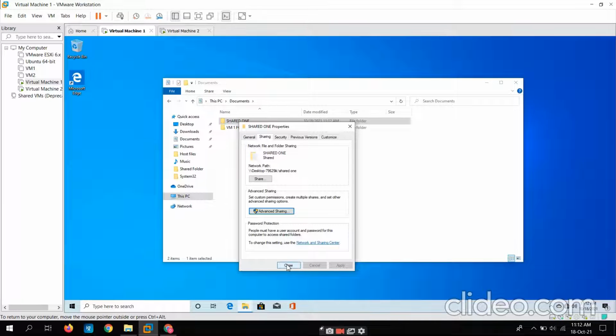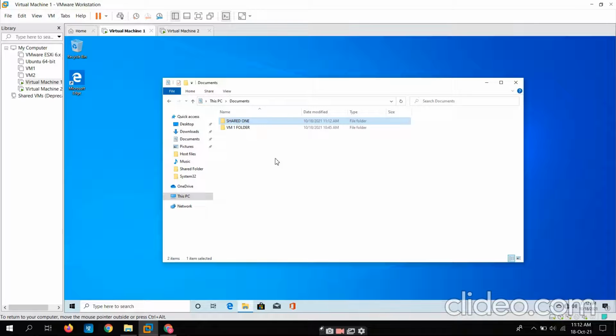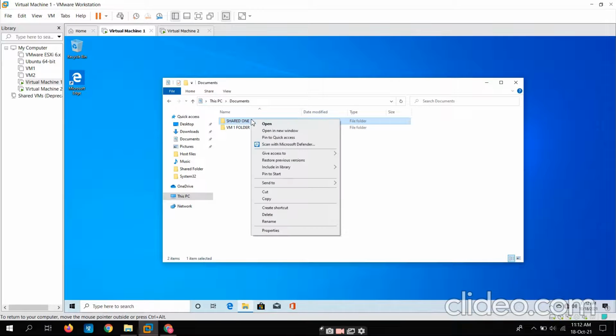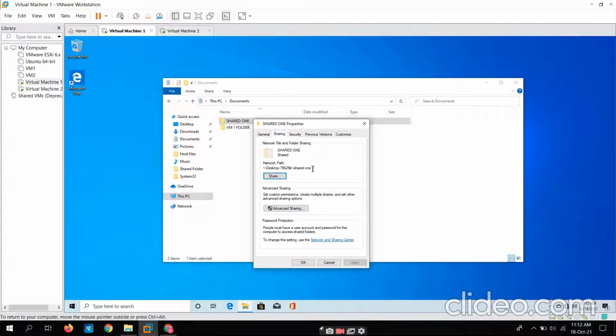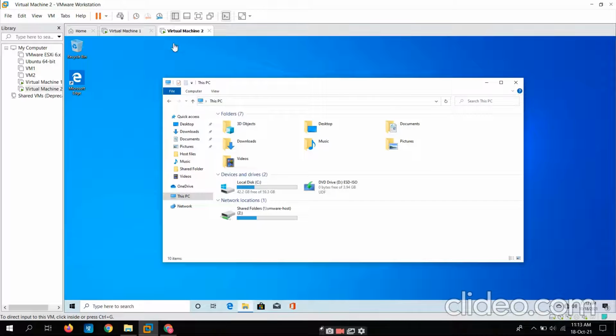So the folder can now be shared, but we have to give the path also, so we'll copy that path. In the sharing, we'll copy this network path. And we'll go to virtual machine 2 and put that path here.